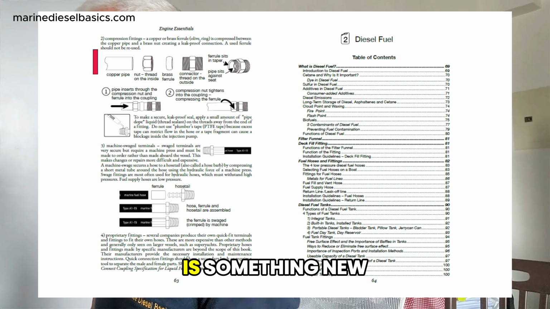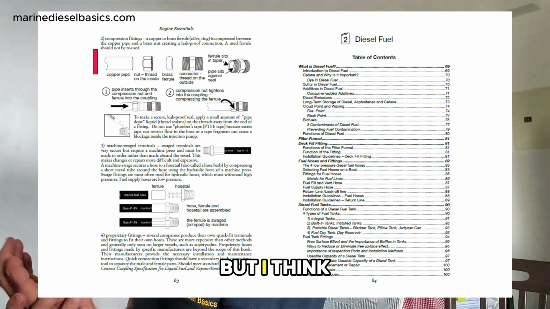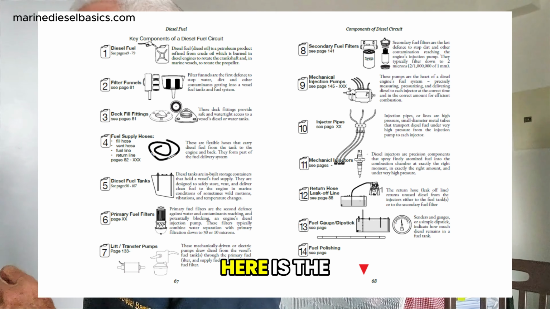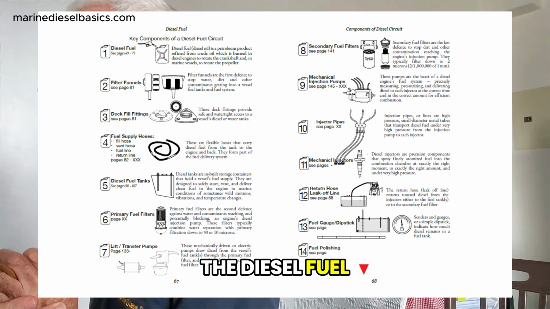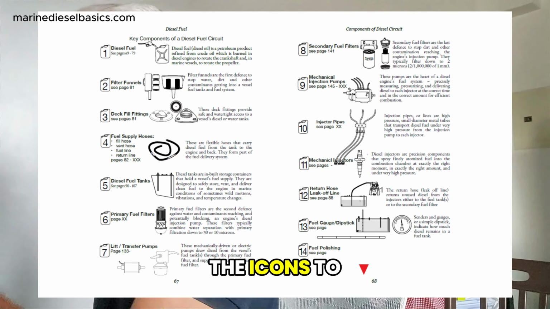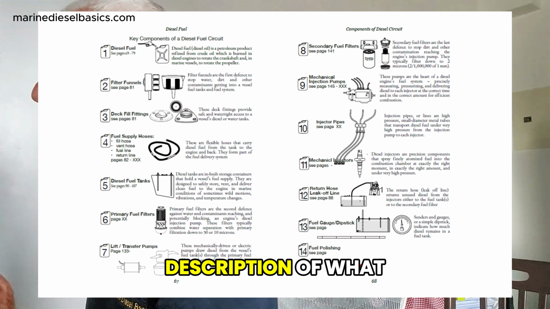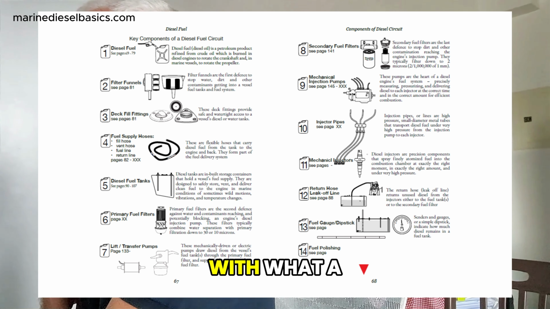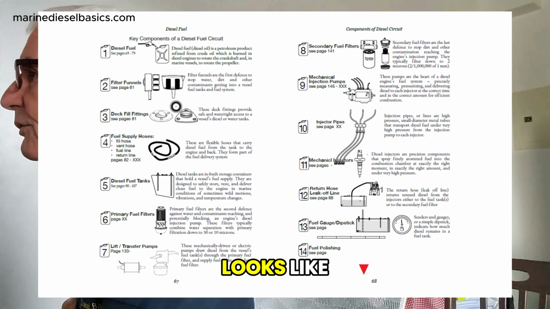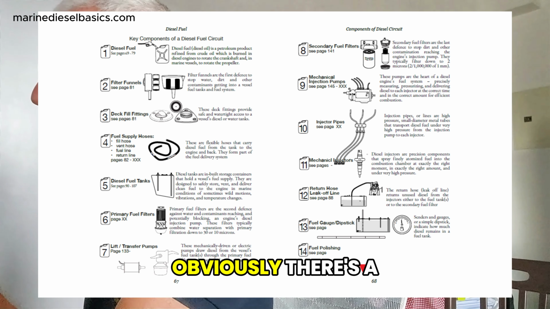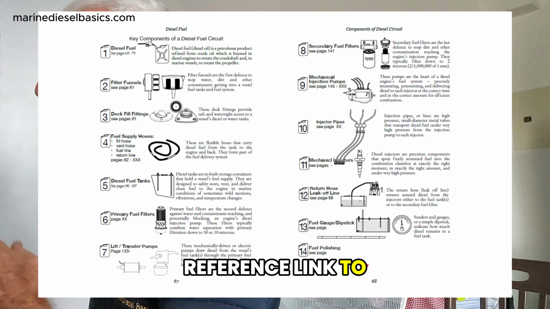The next one is something new you don't often see in books, but I think this is useful, and that is the key components. So for example, here is the key components of the diesel fuel circuit. So again, using the icons to identify this is the fuel, and then all the major components with a little description of what they are. So if you're not familiar with what a mechanical injection pump looks like, or the hoses or the deck fittings, then there's a little picture,